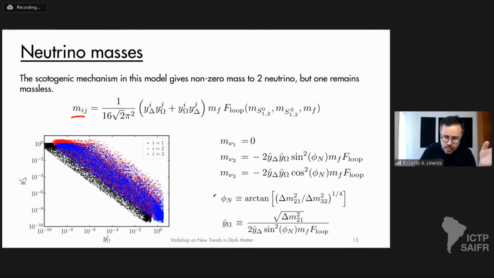So in that sense, the Yukawas are just normalized to these Yukawa hat terms, times this term with the phi of n, where phi of n depends on the ratio between the observed neutrino mass-squared differences, the atmospheric and solar, and the size of this Yukawa. One of these Yukawas depends on the other. So in that sense, all the neutrino physics is adjusted to reproduce the best fit, the normal order best fit. This was one of the benchmarks that we use. We always keep the neutrino masses at that fixed value.